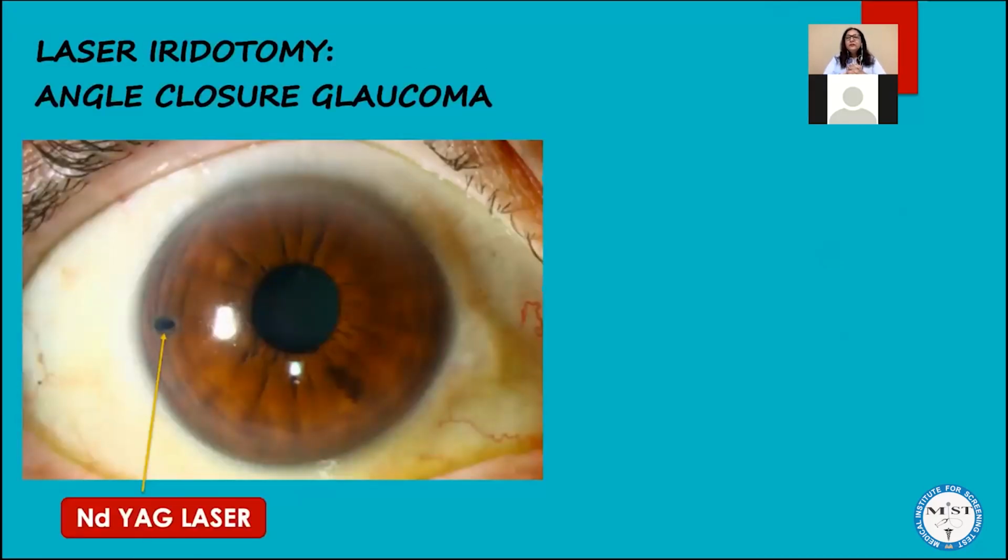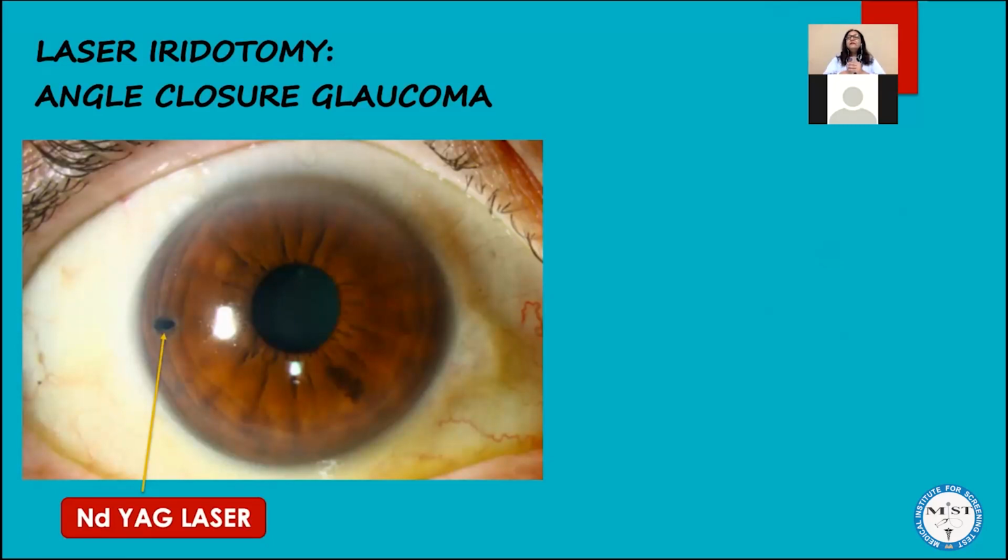Let me give you an overview of laser and surgery. Now, two types of laser procedures can be done for the glaucoma patient. First is laser iridotomy. Iridotomy, otomy means an opening. So I am making an opening in the iris, as you can see in this image. This is the natural opening in the iris, which is your pupil. I have made an additional opening in the iris, that is iridotomy, with the help of the laser.